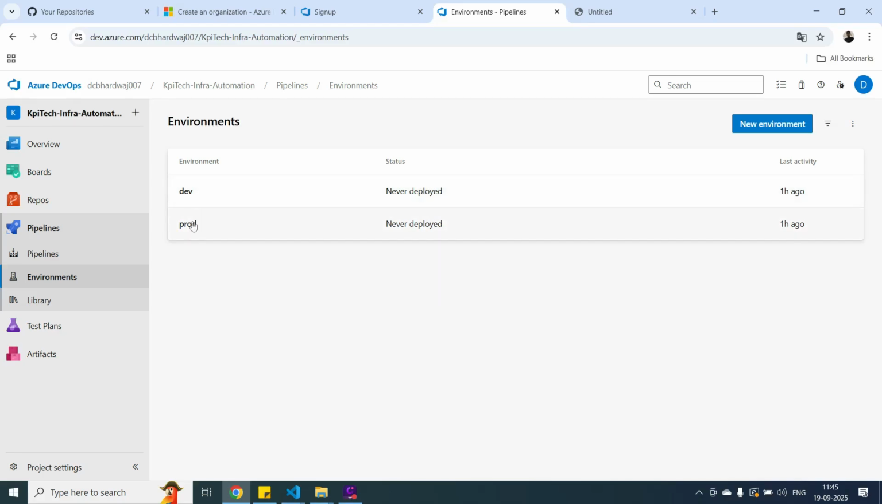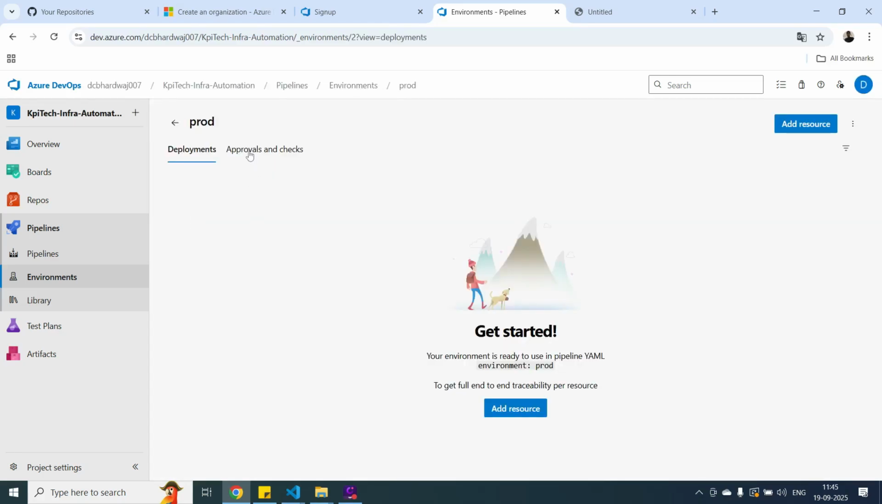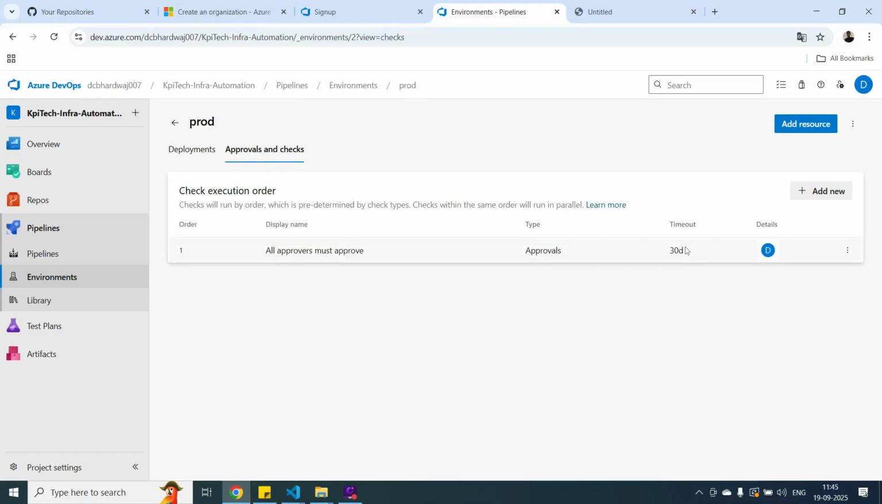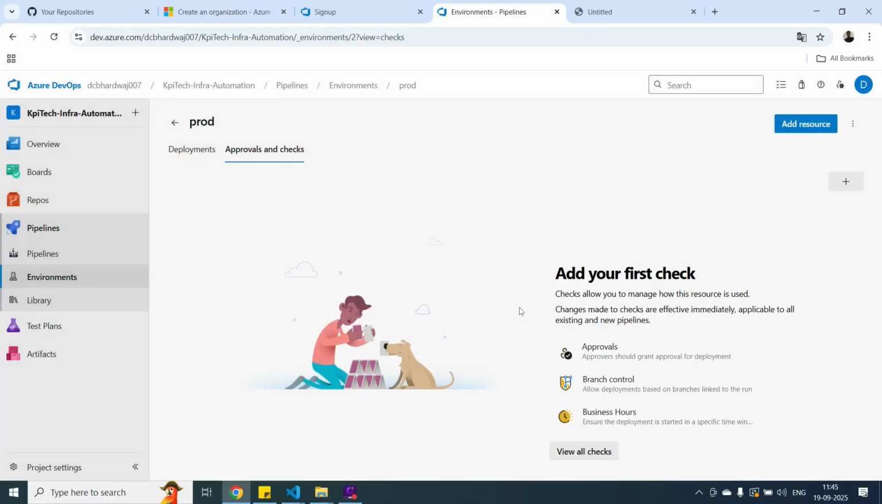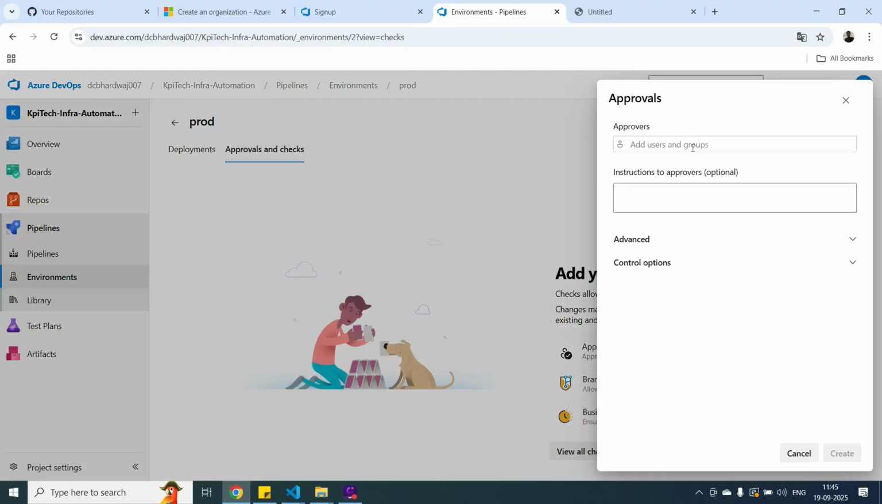So just go to prod, for example, and here select approval and checks, and we have an option, right? So for now let's delete the last one that I added. So currently there's no member, and just select approval here. Once you select approval, you need to add a respective group or user here, right? But best practice is to add a group. A group contains multiple members, but a group is not created yet, so I'll add a user for the demonstration purpose. So just select this ID,